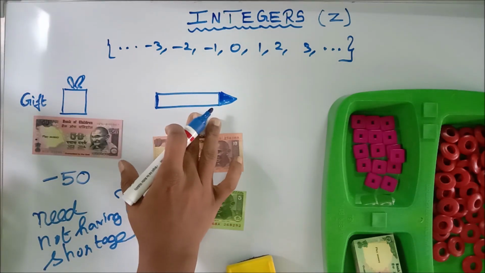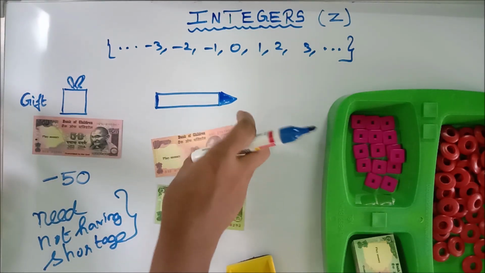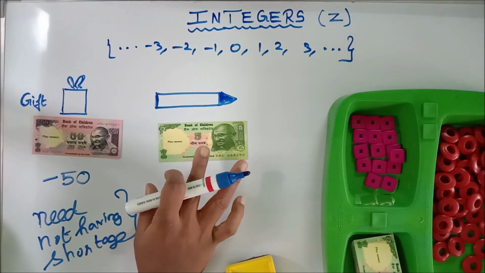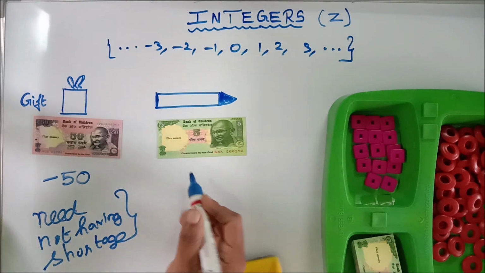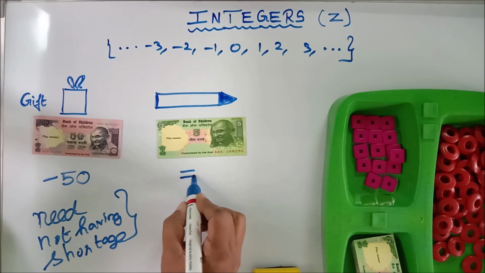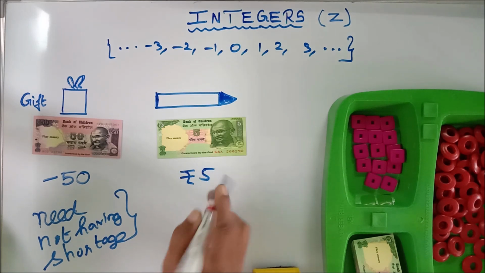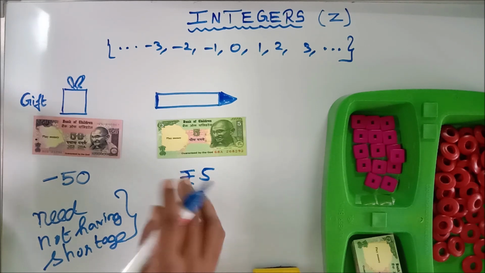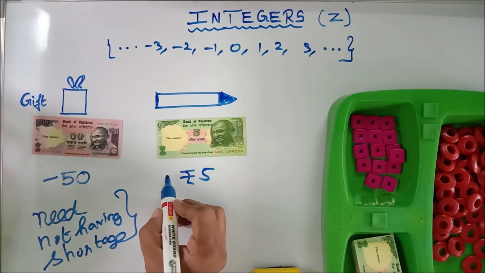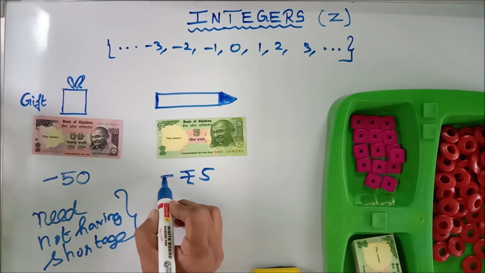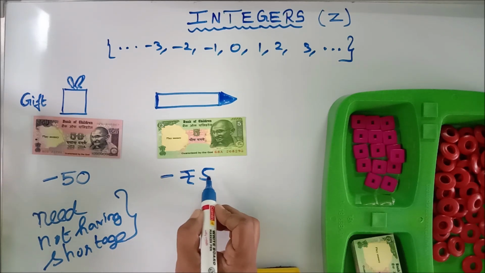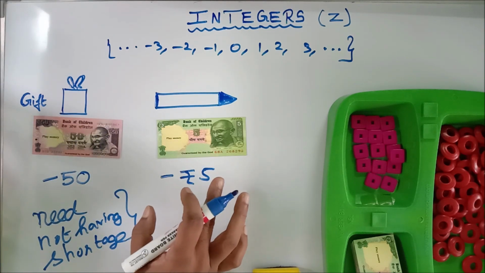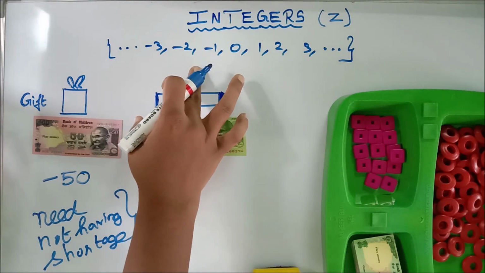Okay, see here, this is a pencil. The cost of the pencil is 10 rupees, but you have only 5 rupees. So again you are in the need of how much rupees? 5 rupees. You need 5 rupees. You are not having this 5 rupees. So to write that amount you are not having, you have to introduce the symbol minus. That is, minus rupees 5 you are in need. I hope by this activity you have understood what are negative numbers.